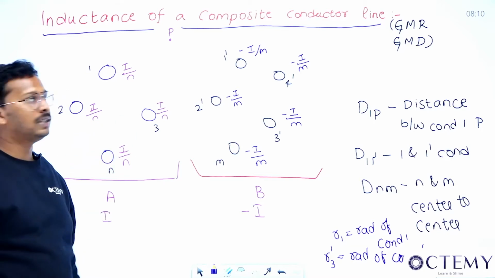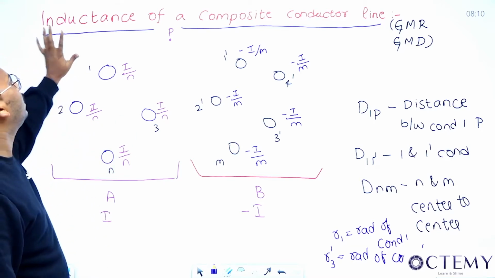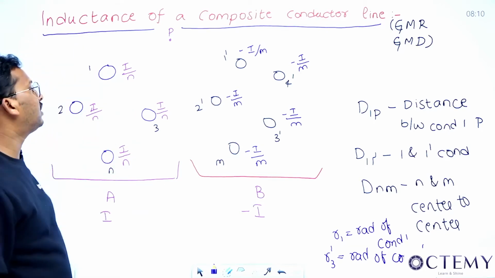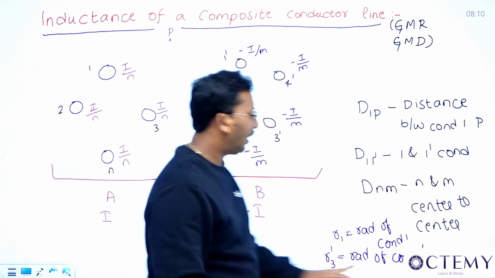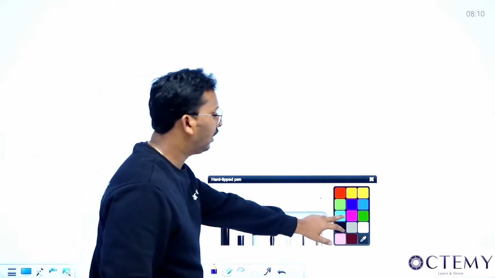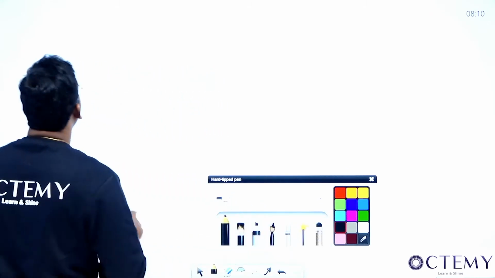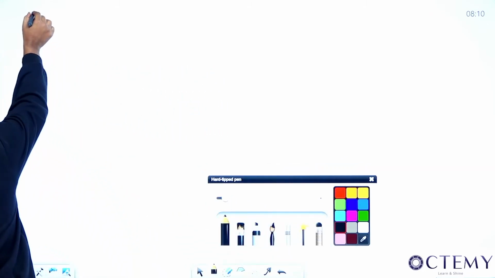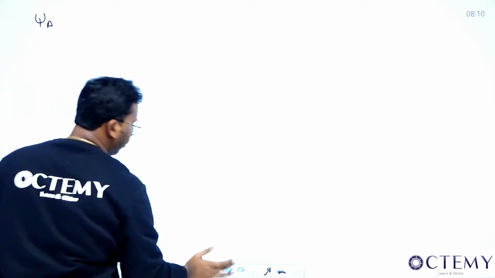Now we have found that. Now let us try to calculate the inductance. To calculate the inductance, what is the first thing we have to do, sir? To calculate the inductance, we will have to calculate the flux linkage, right? So I have to find the flux linkage total, or I have to find the total LA.